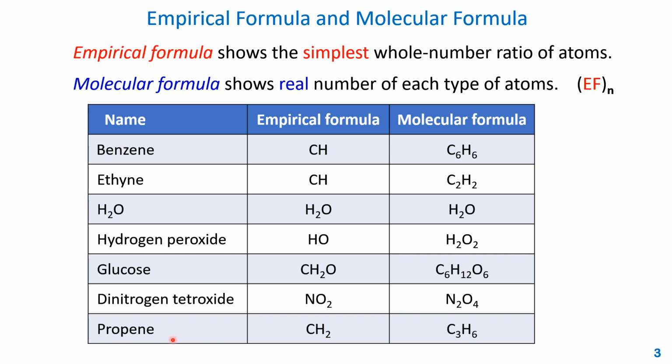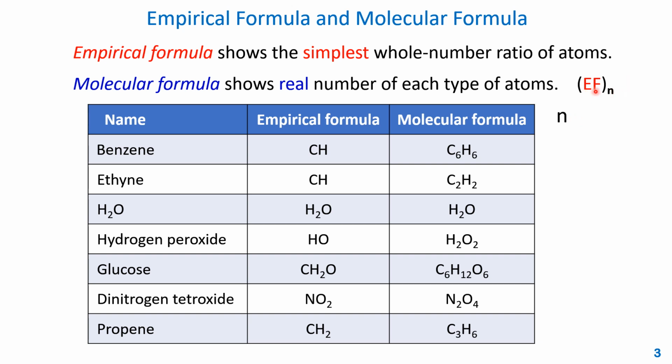Last example, I'll show you propene. The molecular formula is C3H6. Since 3 to 6 can be simplified as 1:2, the empirical formula is CH2. So the N for each example here, the N is the number of units, or you can say the multiple